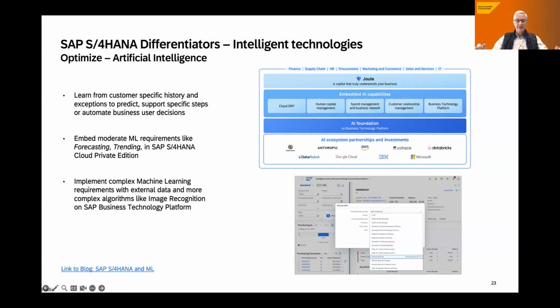We have Joule as the central entry point. Then we have some embedded AI capabilities, for example, in S/4HANA, but also in other applications. And then we've got those side-by-side AI scenarios, which don't make sense in an embedded kind of way, which only makes sense by calling an external, probably cloud-based AI service, like in the case of the large language models.